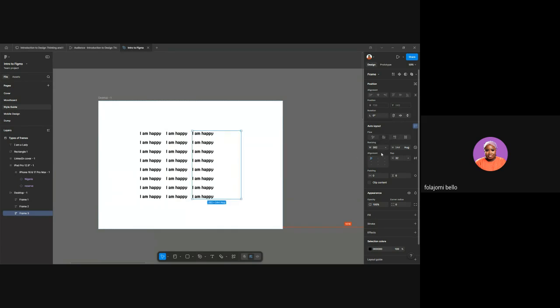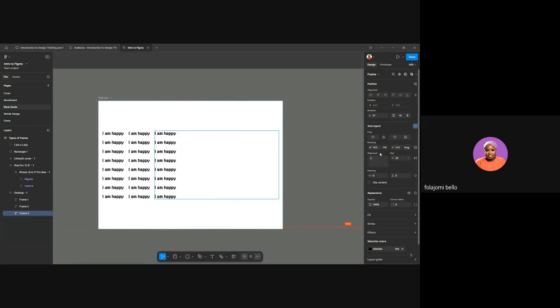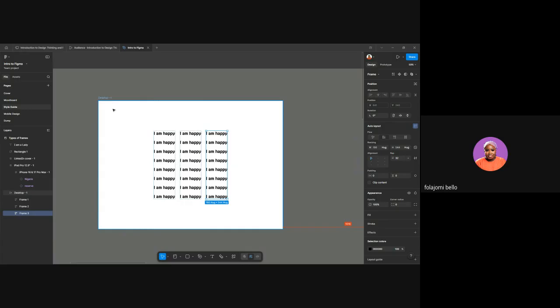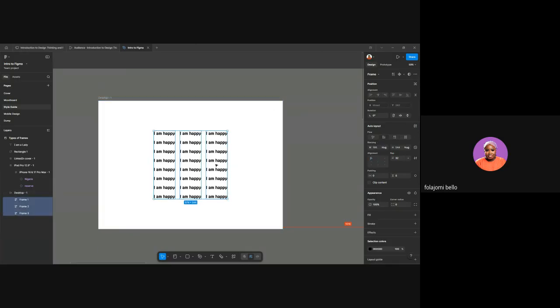Now, part of the auto layout feature, once you set something to auto layout, you can resize the frame to either hug content or you set it to fill container. Because I set it to fill container, you see the way the frame expanded. If I set it to hug, it will hug the content inside, like the word says. If I decide to press enter and I want to put all of these three inside one single frame, I select the whole three and do Ctrl A. See, all the three elements are now in